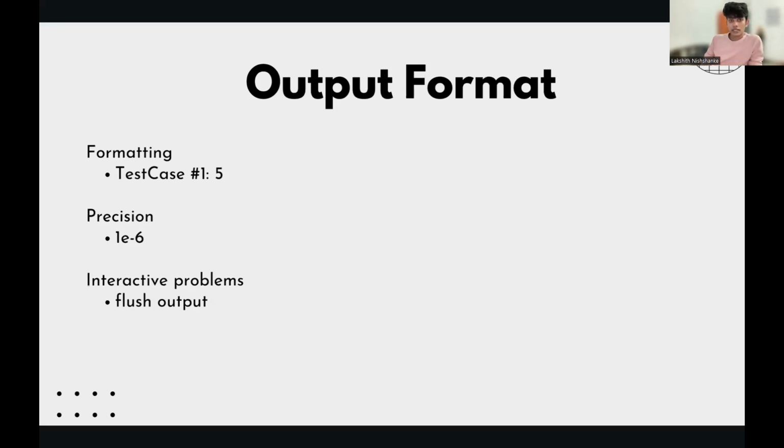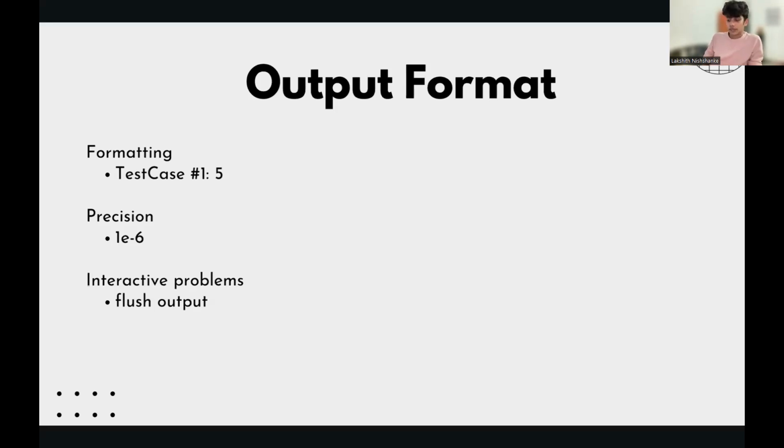Another thing we have to focus on is interactive problems. I said earlier that the usual way of computer programming is that there are some test cases. You write a program to take those as input, and then you output something. There is a problem type called interactive problems. In the last day, they had interactive problems. I'm not sure if there will be any this year, but you have to be ready in case those appear.